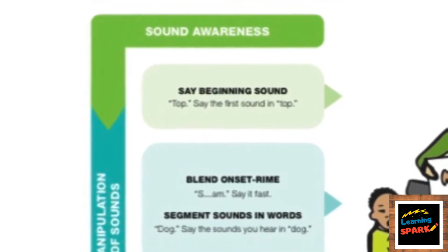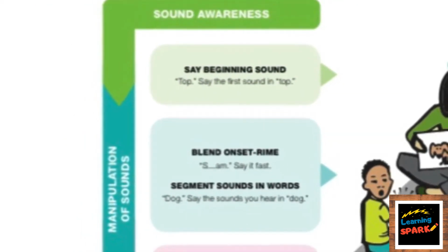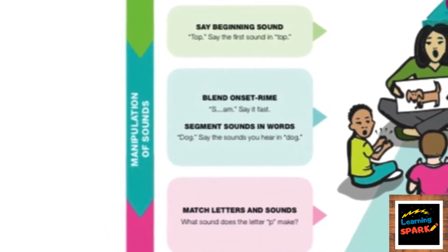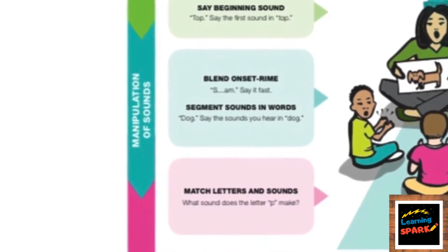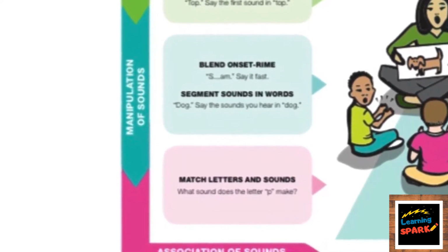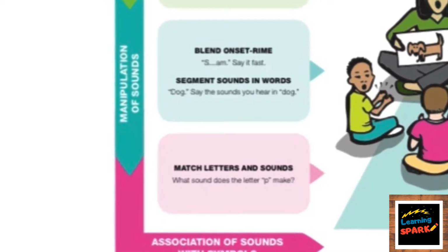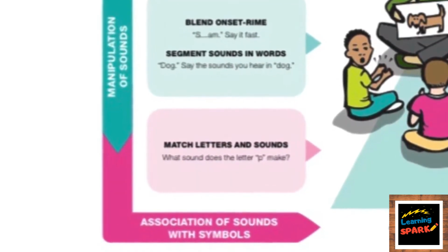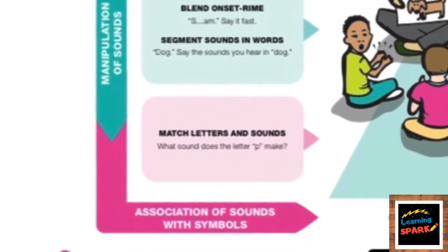Are they able to make those rhymes like cat and hat, dog and hog? Can they come up with those on their own? Can they construct those? And eventually we're going to have them move into associating sounds with symbols. So that's what we're really looking for, because once we can get to that sounds and symbols, they're ready for kindergarten, ready to